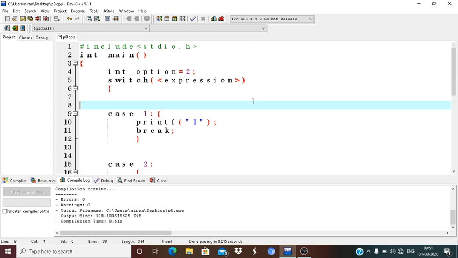Switch case only allows an integer or character expression or variable.